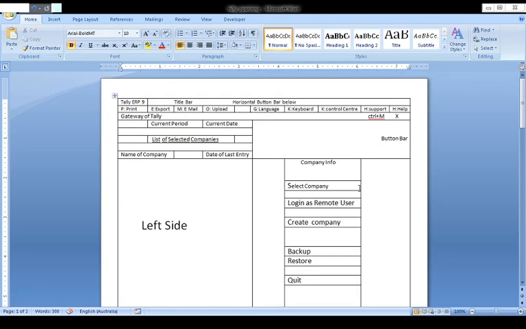In the right side we have company info. Below the company info we have select company, whatever company you want to select. Below that, login as a remote user. These are the menu options. Below that is create company, because a new company you have to create and then you can open it.